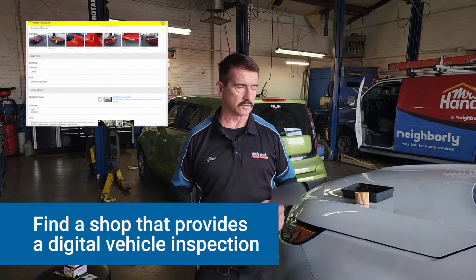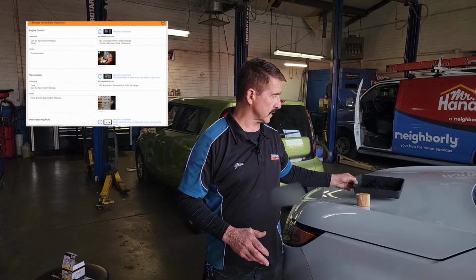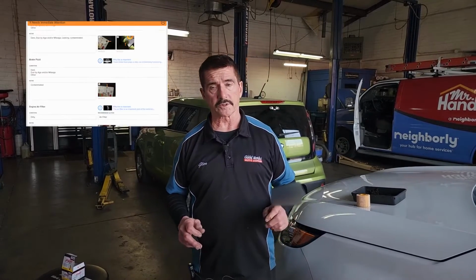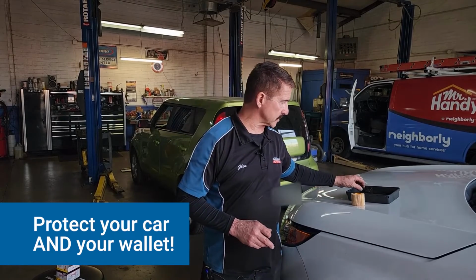And believe me, if there's an oil filter that comes out of the car and it looks like this, they're going to make sure that they show that to you, so that you never ever go back to a shop that has defrauded you and is actually destroying your motor because it's not getting any kind of filtration. If you can imagine trying to breathe through something like this, if you had a mask and it was completely plugged, you wouldn't be able to get any air into your body. And the oil filter is an essential part of the oiling system of your car. So please make sure that you go to a trusted, reliable place that does a digital